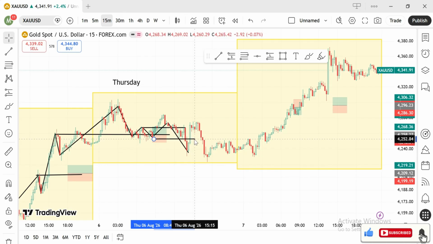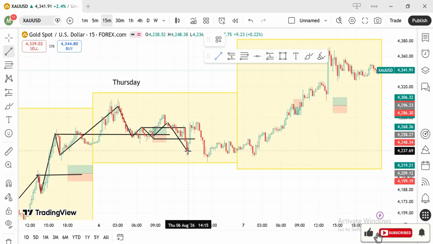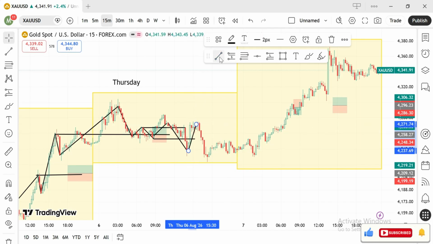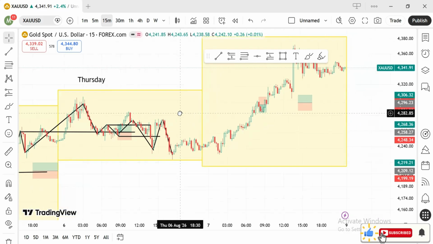You can see this is another valid structure over here. Then immediately price broke it up again. It created a bullish trend again to this position over here. Then it created a bearish position. So that was how price was moving on Thursday, and we could not take any more trade on